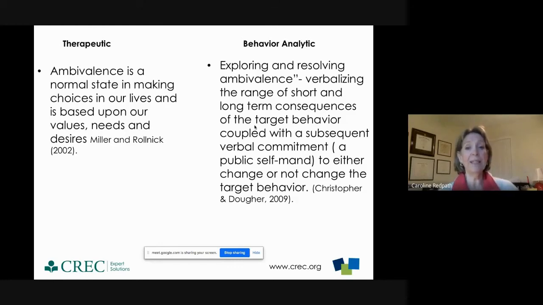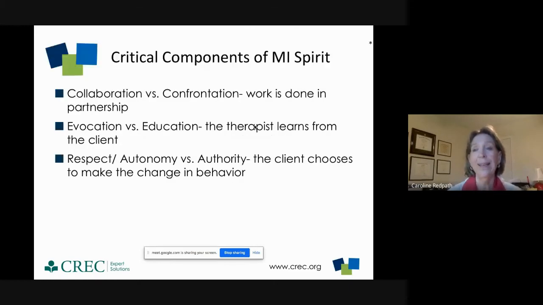Exploring ambivalence is verbalizing the range of short and long-term consequences of the target behavior, coupled with a subsequent verbal commitment, which is a public self-mand in our language, to either change or not change the target behavior. So it's very much within our wheelhouse. It's just a different way of approaching. And I think it meshes very well with nonviolent crisis intervention, and it meshes very well with